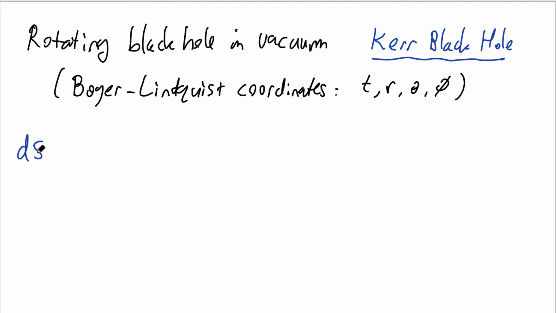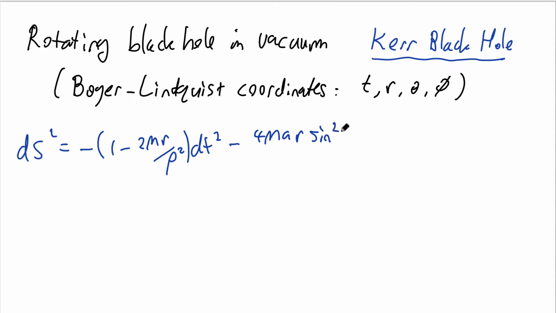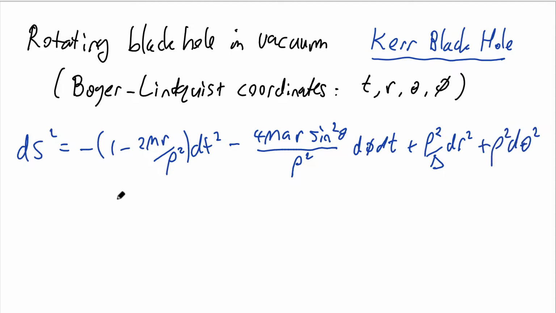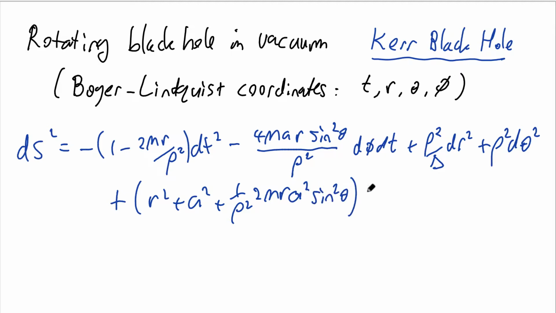In these coordinates, the metric is: minus (1 minus 2mr over rho squared) times dt squared, minus 4ma (I'll define a in a moment) times r sine squared theta, divided by rho squared, d phi dt, plus rho squared over delta (I'll define delta in a moment) times dr squared, plus rho squared d theta squared, plus (r squared plus a squared, plus 1 over rho squared times 2mr a squared sine squared theta), all of that times sine squared theta